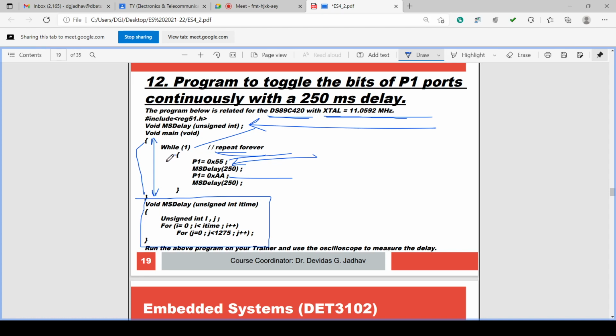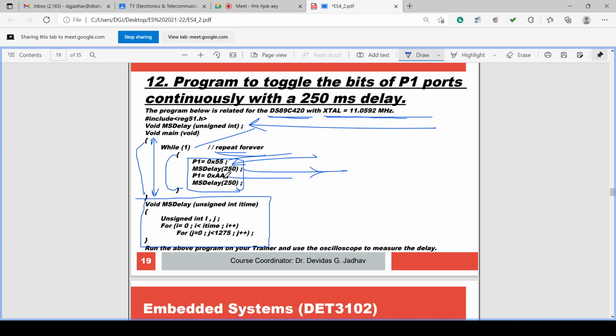This is the opening curly bracket and closing curly bracket, the block for the while one command. And this block has P1 equal to 0x55, ms delay 250, P1 equal to 0xAA, ms delay 250. So here in the main function, ms delay is the function name, used along with its argument. ms delay is a function name which is defined above, and its unsigned integer argument is passed as 250.